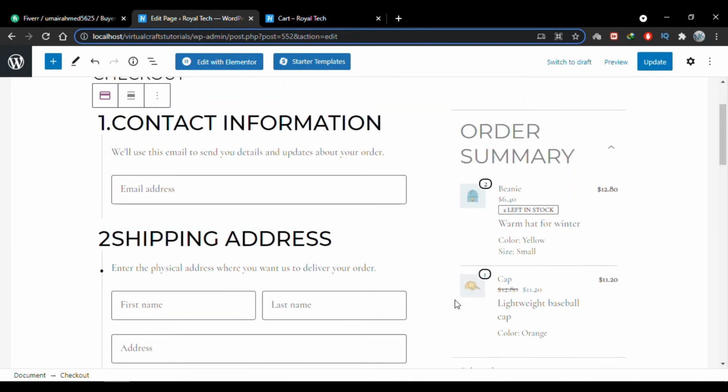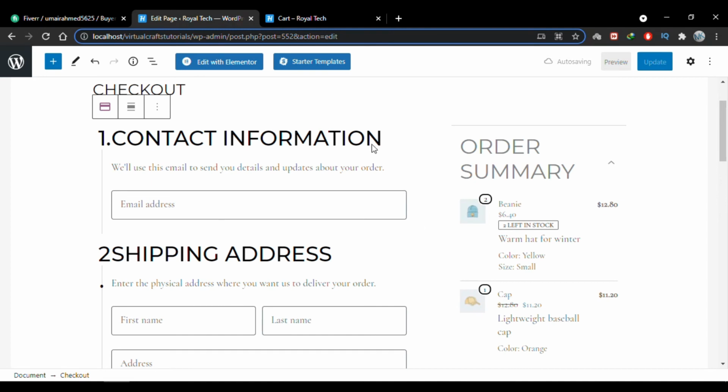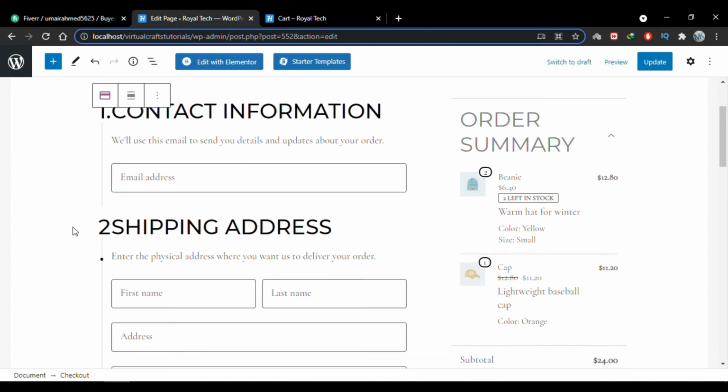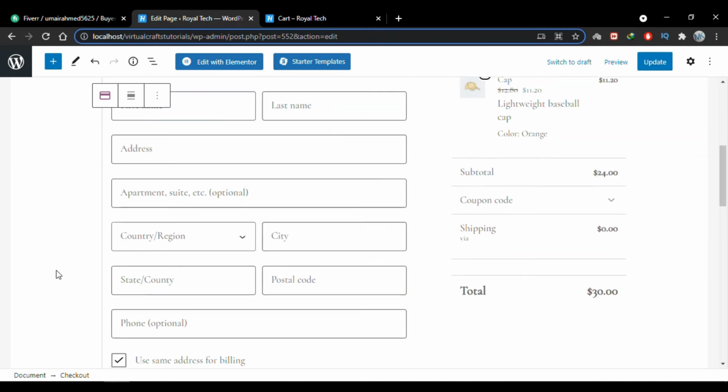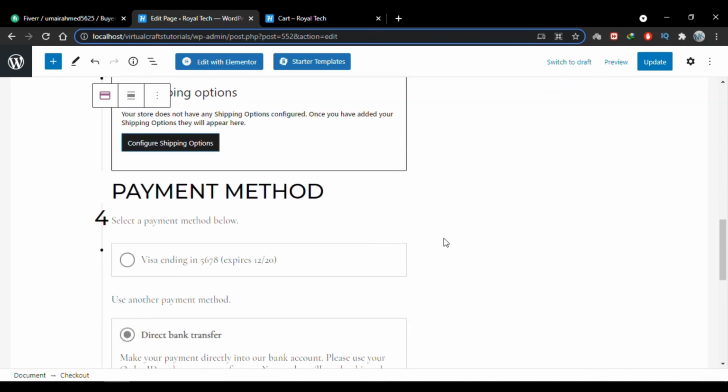I'll scroll up. And here you can see that we have again added a very elegant, crisp and visually appealing look to our checkout page. On the top we have the checkout form, which as you can see has been divided into chunks. The first one is contact information, the second one is shipping address, and then we have the shipping options, we have the payment methods,